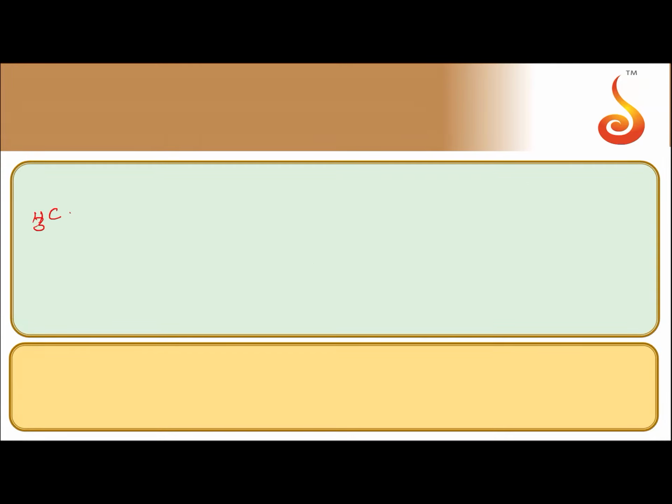Now let us see the second compound. In the second compound, what are they taking? CH3 C double bond O OH plus CH3 OH. This oxygen is isotopically labeled. In the second option, oxygen of alcohol is isotopically labeled. So where will this oxygen go? It goes into ester. So what will I get? CH3 C double bond O OCH3, this oxygen is isotopically labeled, plus water.